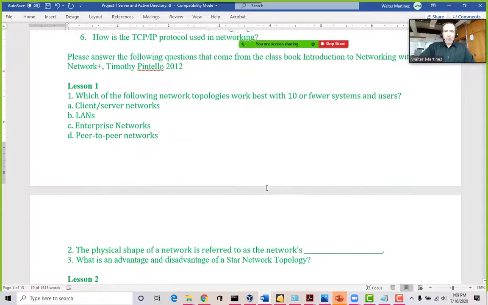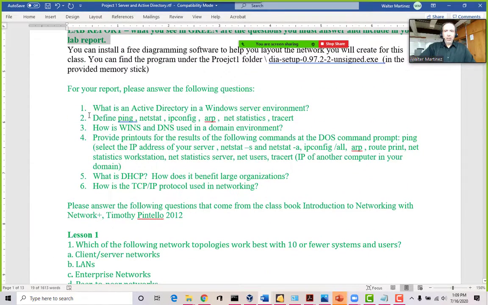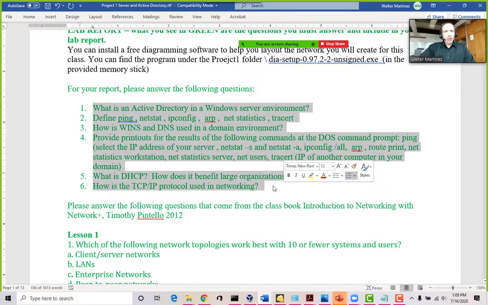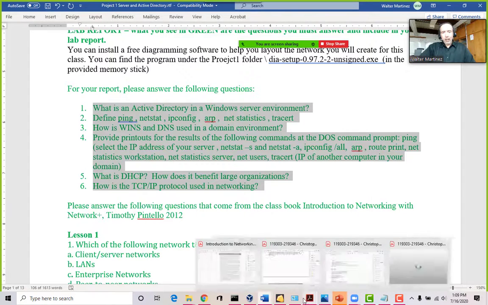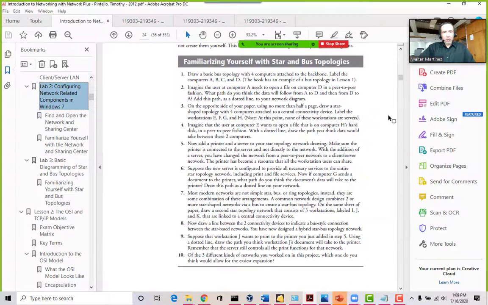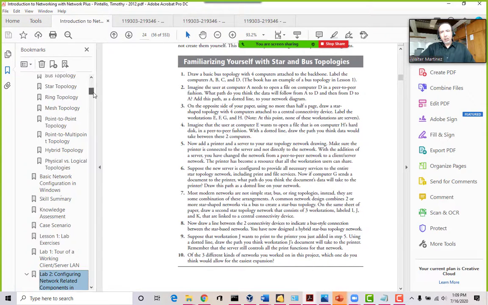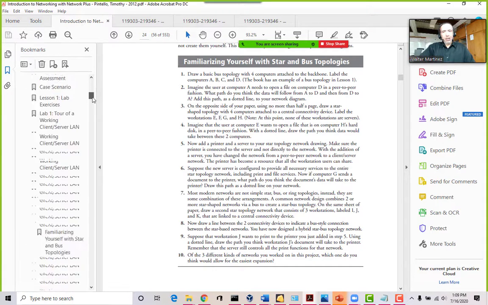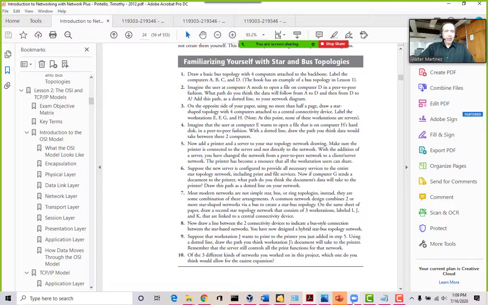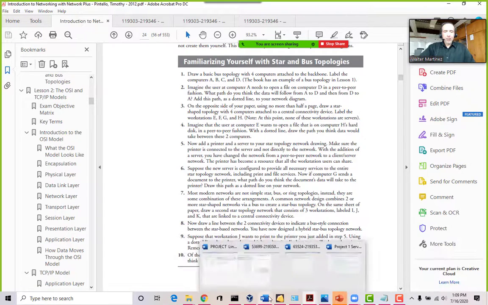Alright, so there's a few questions that you'll have to answer, and the way to learn about this is by completing the lab. But also, if you want all the theoretical besides the lecture, I highly recommend that you of course read the book, right? Because the book has everything that you need to know as far as theory for it.